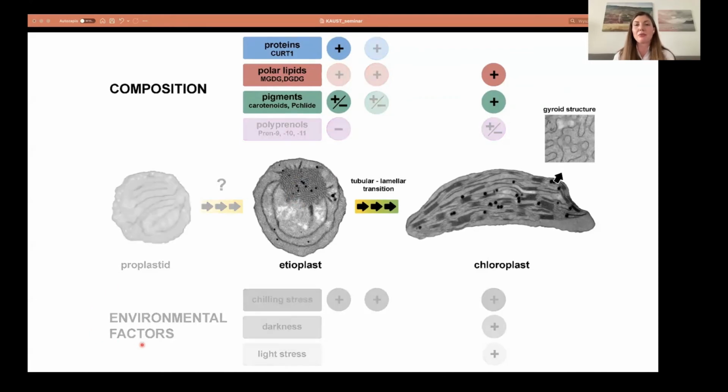But today I was able to tell you only about some of those: about Kurt proteins in etioplasts that modulate the structure in a dosage-dependent manner, and about polar lipids in fully developed chloroplasts that could change the chemical arrangement into chemical dichotomy one, and the pigments in etioplasts that could influence the volume proportion in terms of overaccumulation of the